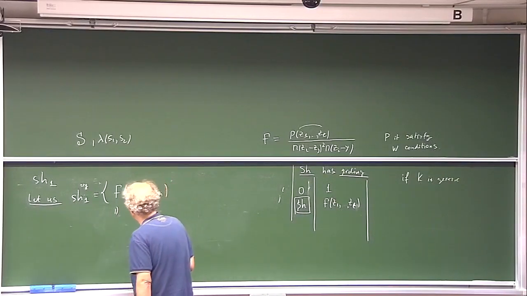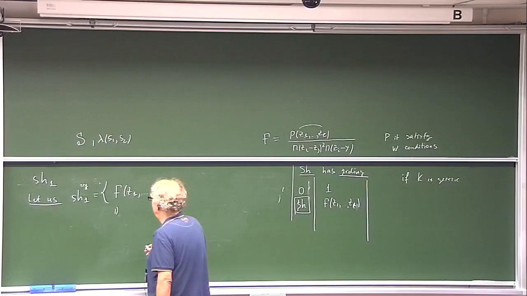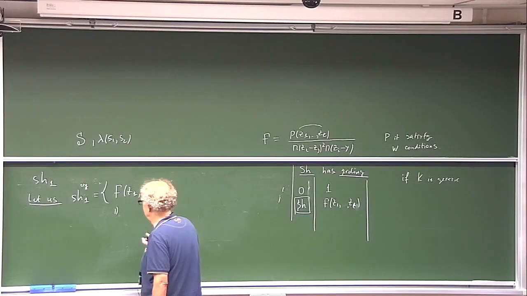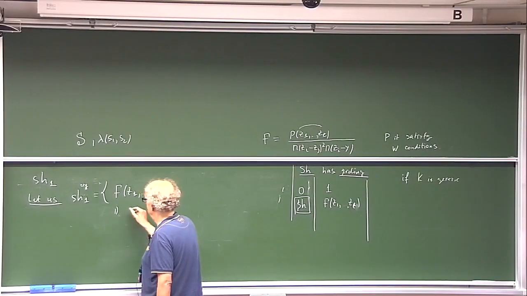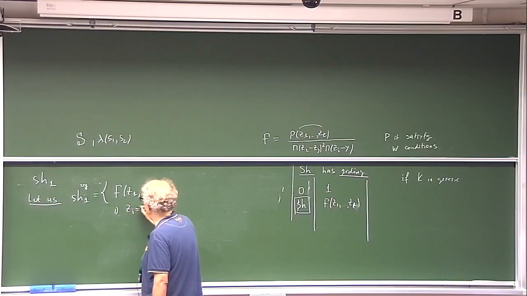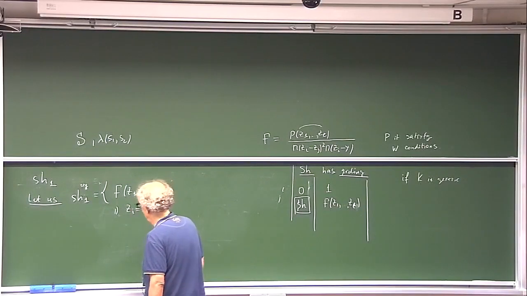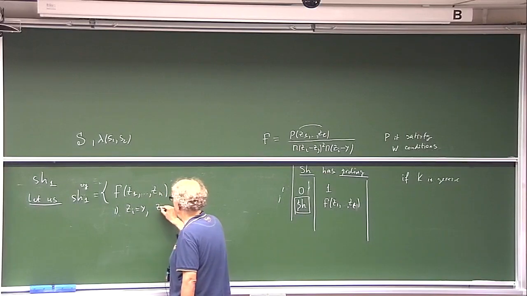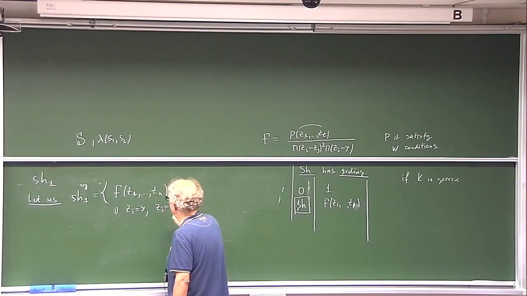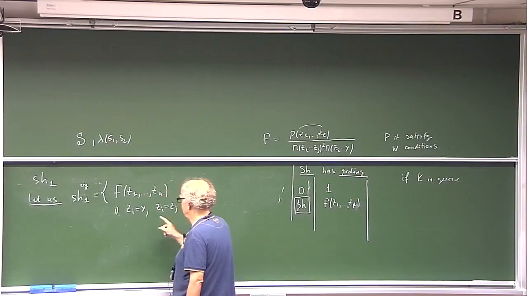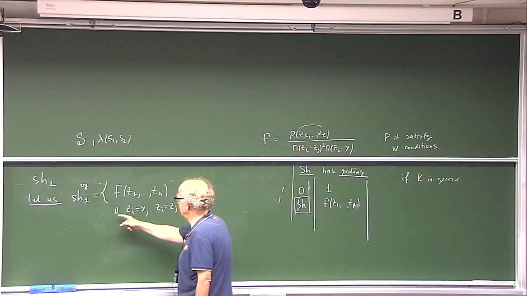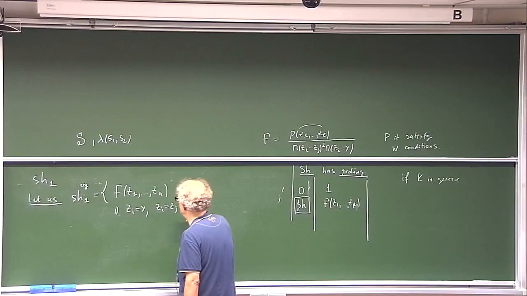Such functions have poles only in prescribed places. So if i equals j, there is a pole, and no poles in other places. And part of this regularity condition is that f is also regular